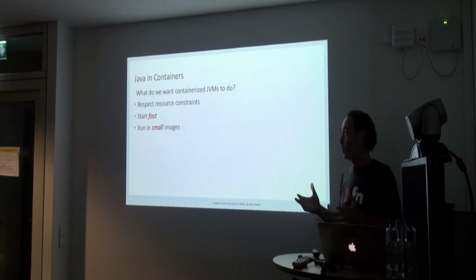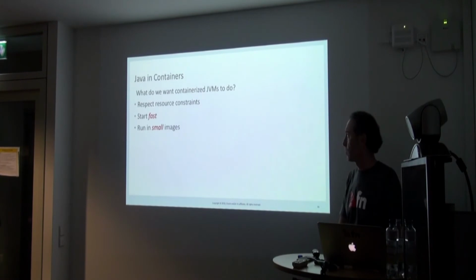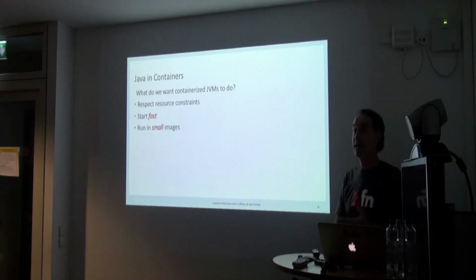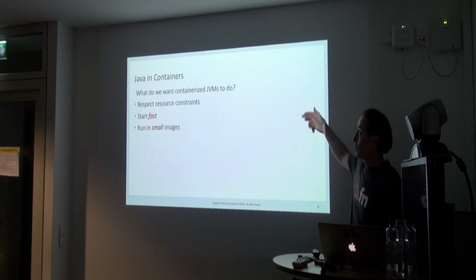You still need these things to be respecting the constraints of the container you're in. It was the case in Java that when Java asked how many CPUs there were, I can't remember the API, getProcessors or number of processors, it answered incorrectly. It told you the host machine, so it didn't understand it's running in Docker. So they did a lot of work to make the JVM understand the context of things inside containers. So there's that problem. We want to start fast.